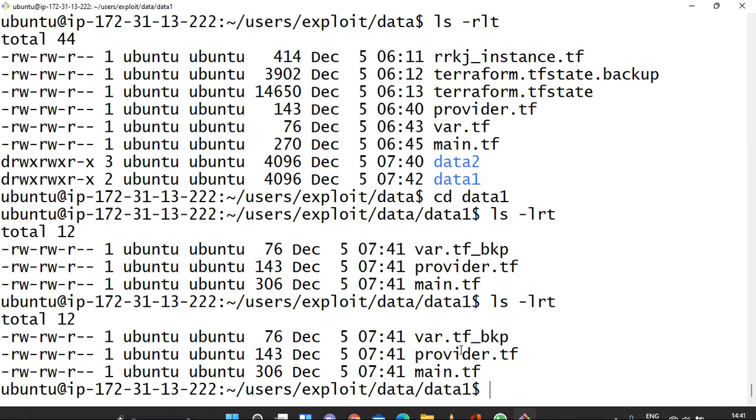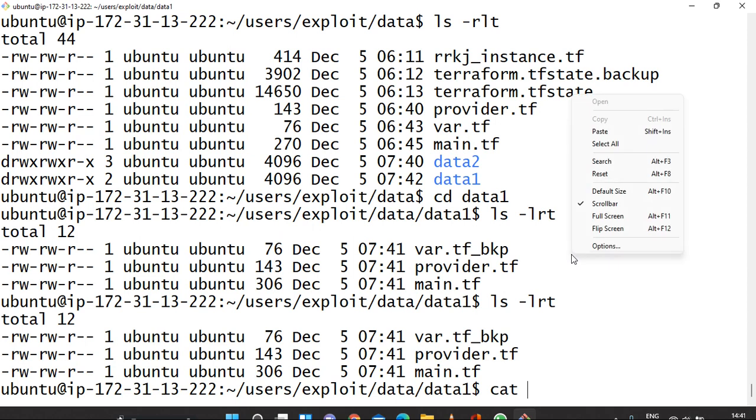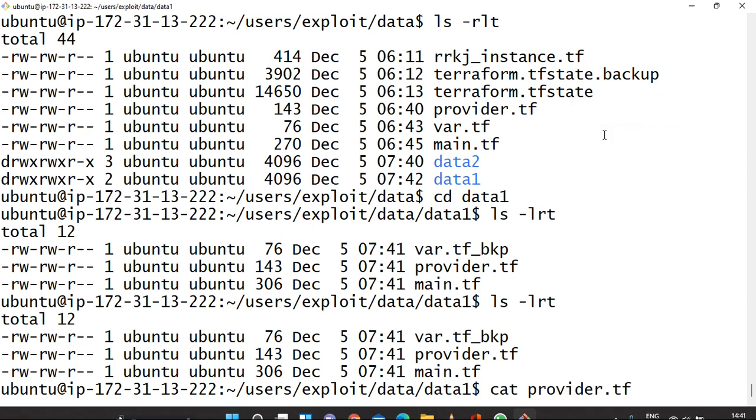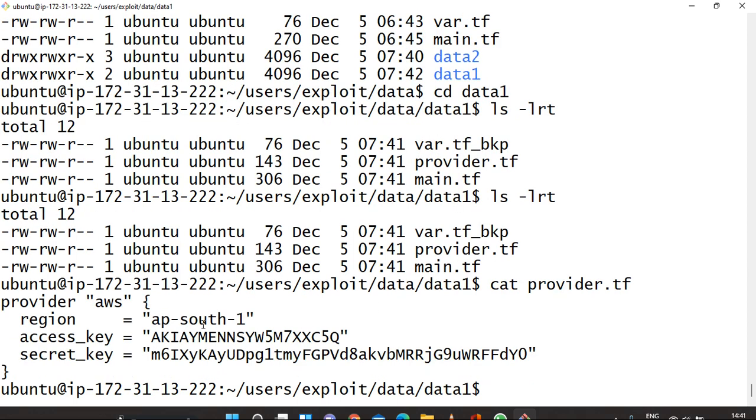So here you can see I have created two separate files. In our last class we created only one file where we put all the data. Now I have created two files.